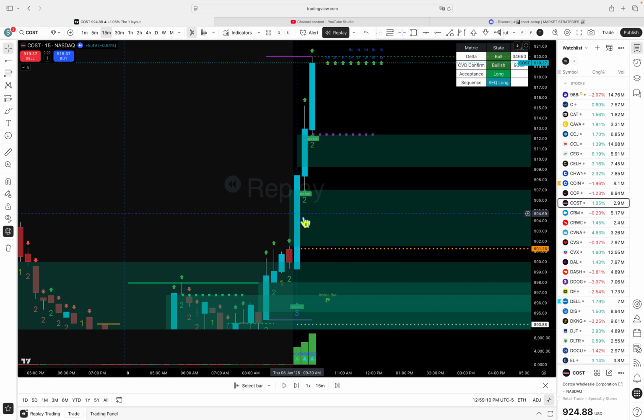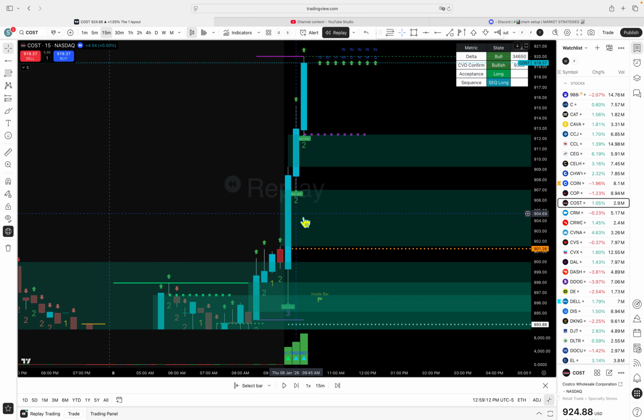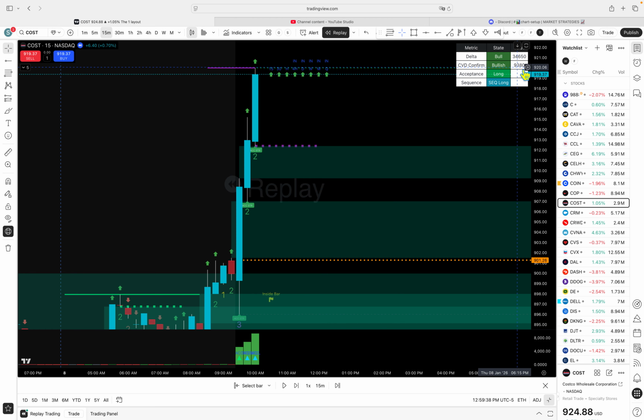So taking a Strat play, which is where you see your 3 bars, your 1 bars, your 2 bars. 2 bars are continuations, 1 bars are inside bars, 3 bars take out the high and the low of the previous candle, as this one did. So as you see your CVD steadily growing and the bars are staying green, and you constantly see the CVD number rising, and you also see the delta rising, especially when you see displacement and we create these fair value gaps,